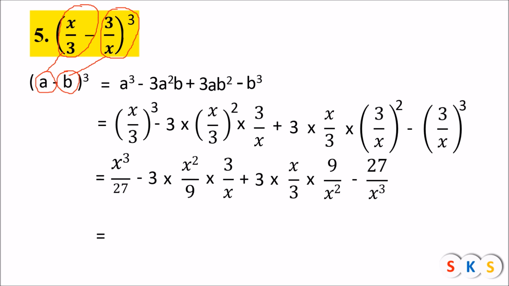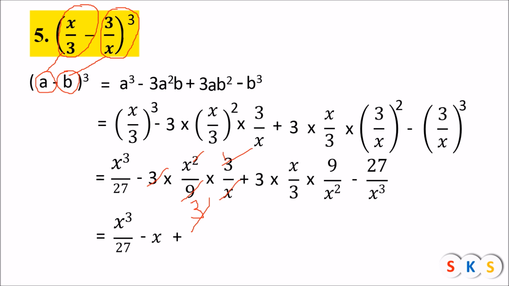Okay, equals x cube upon 27. Now over here, minus... now we'll simplify the next part. Here you can do the cancellation, 3 ones are and here 3 threes are, right? This 3 will get cancelled with this 3, and one of the x will get cancelled with this 1x. So what will be left? Minus x, plus